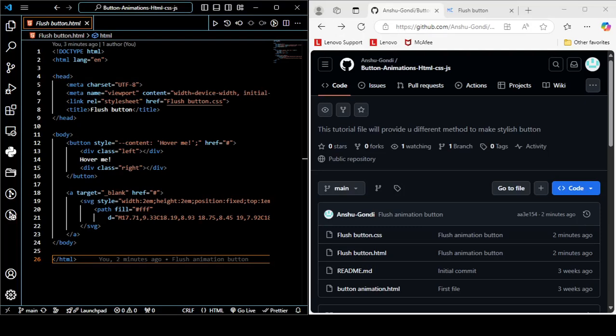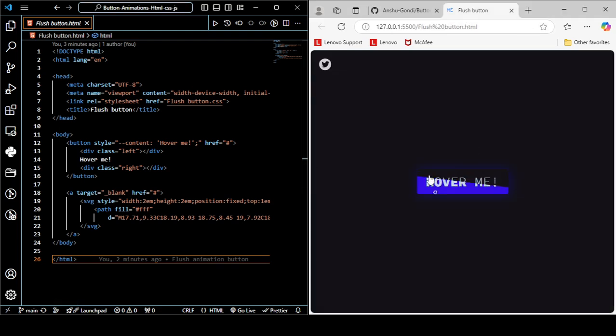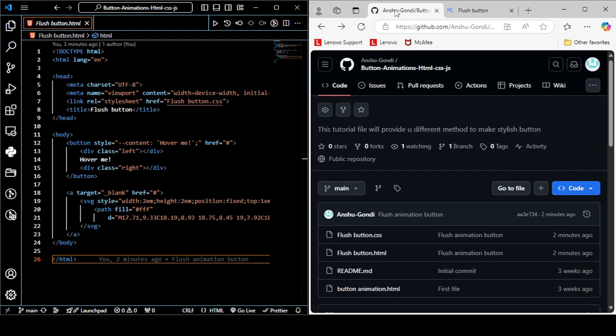Today I am going to teach you how to make a button like this that will give you the animation like this. So okay, first of all, if you don't have access to my code of this series, you